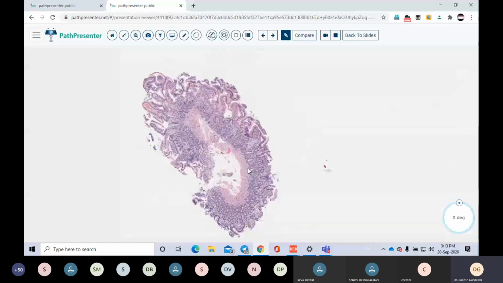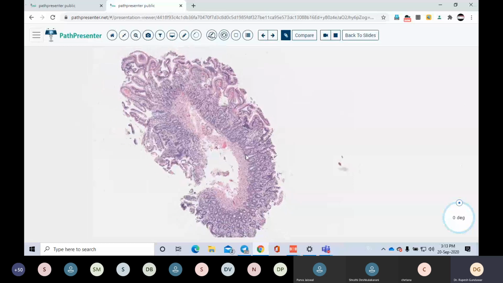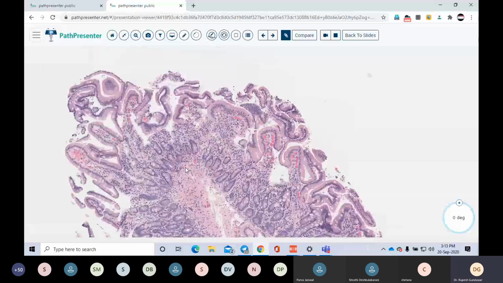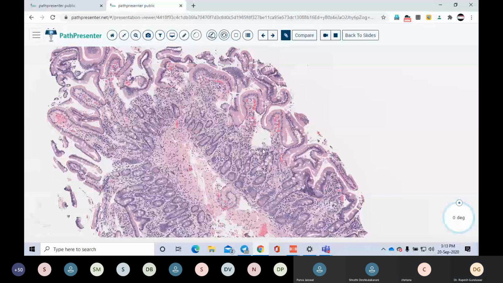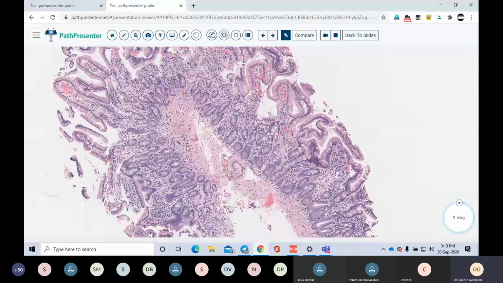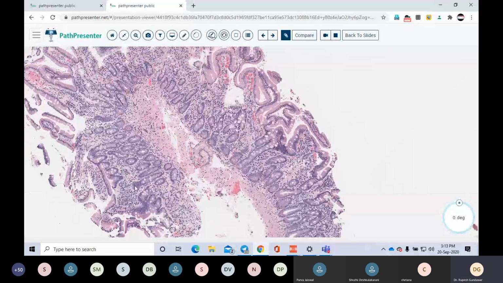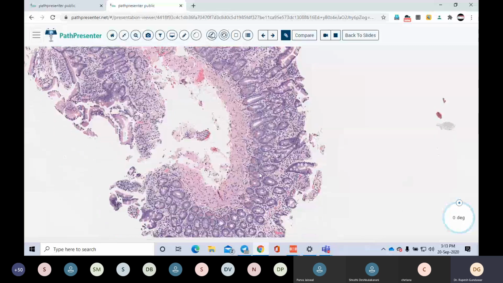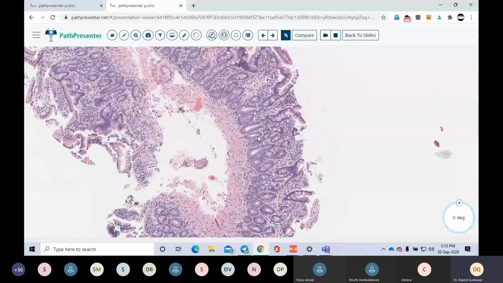So anyone want to discuss this case? The duodenal biopsy again. How is the architecture? Now again, if you see this biopsy properly, you can note the villi are very well oriented, no alteration of the ratio. Even the lamina propria is properly seen. When such a normal biopsy is received, first rule out the presence of parasite